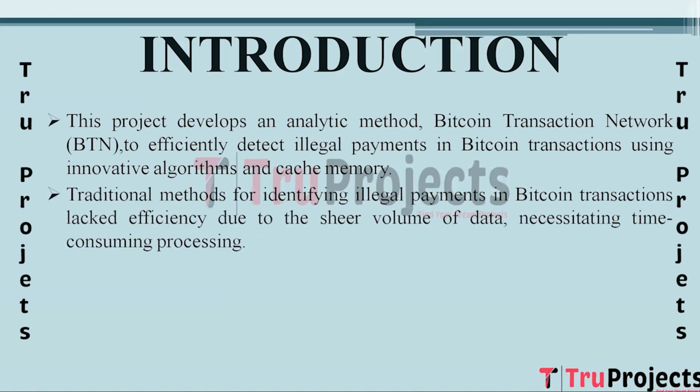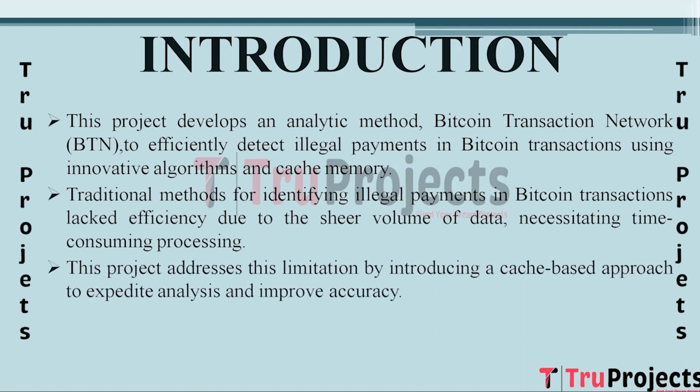Traditional methods for identifying illegal payments in Bitcoin transactions faced efficiency challenges due to the massive volume of data, resulting in time-consuming processing. BTN aims to address this limitation by introducing a cache-based approach to expedite analysis and improve accuracy. The project leverages cache memory, which allows for faster data retrieval and analysis. This cache-based approach significantly speeds up the processing of Bitcoin transaction data, making it more efficient and effective in detecting